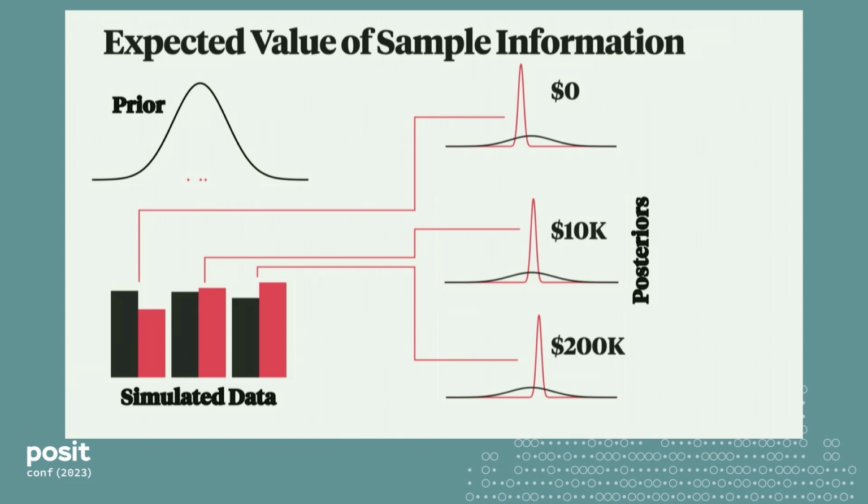Each of those posteriors may change my mind, may not change my mind at all, based on what I was going to do under the prior. They may change my mind a lot. If an experiment is likely to generate data that changes my mind by a lot, that was a valuable experiment to run, right? If it never had any hope of changing my mind, there was no point in doing it. And so we run all these simulations, we get all the posteriors, we get the values, we average those out. That's an estimate of this expected value of getting this extra data.